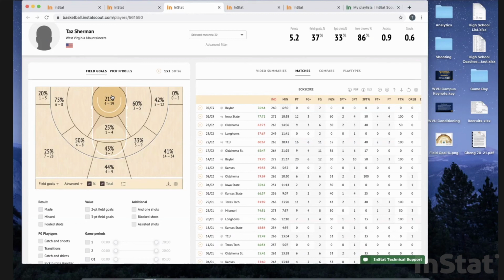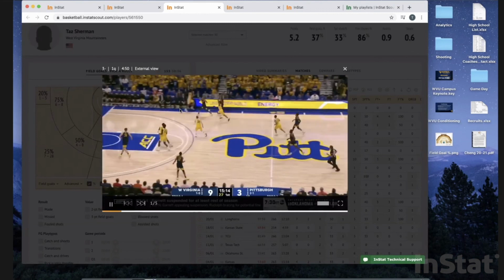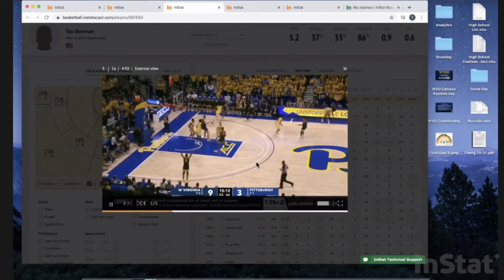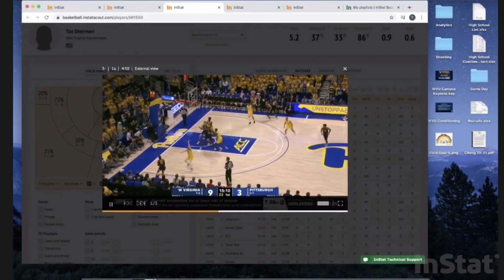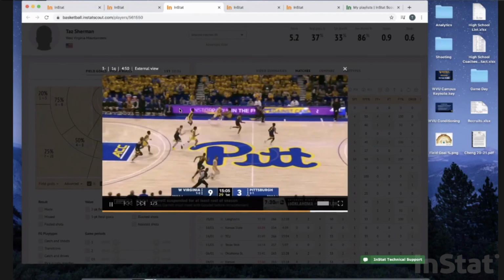And then we'll look around and say, okay, well, in the corners, you were a combined 1 for 10. So maybe he needs more reps in the corners. We need to look at, are the shots he's getting from the corner catch and shoot shots? Are they off the dribble? There's so many different instances. So we would sit down with him and then click and watch and see what type of shots he's getting from the corner. And then hopefully we can put that into a workout for him